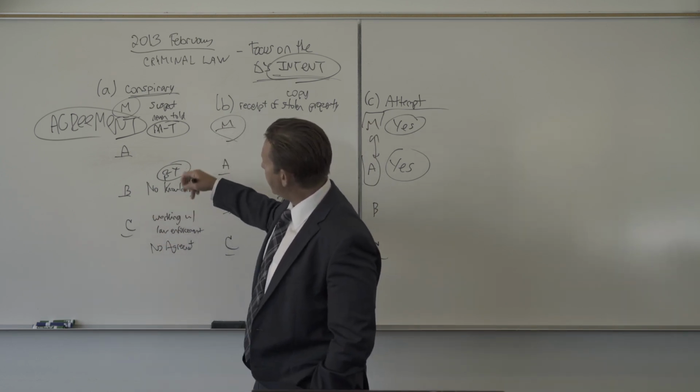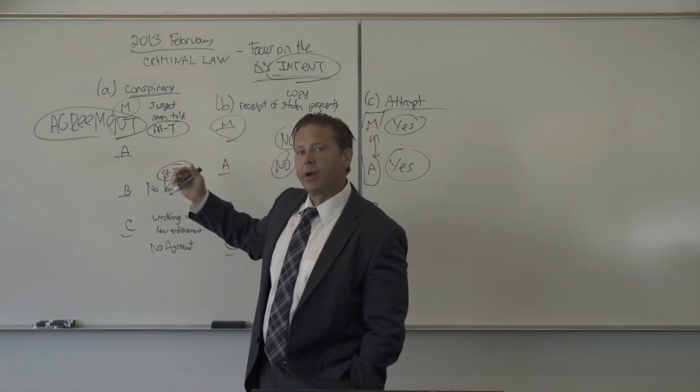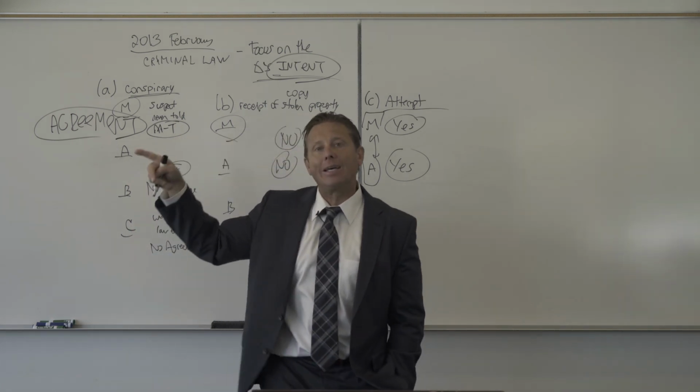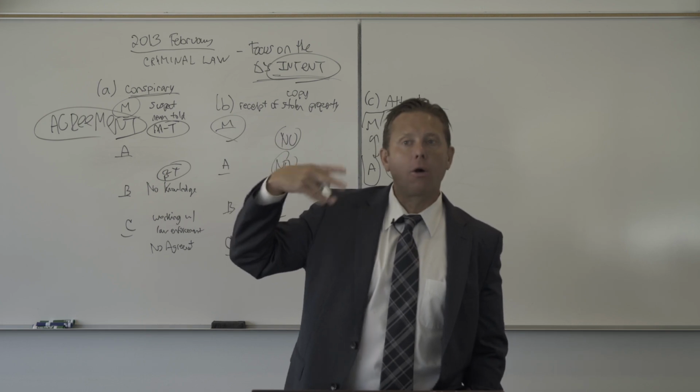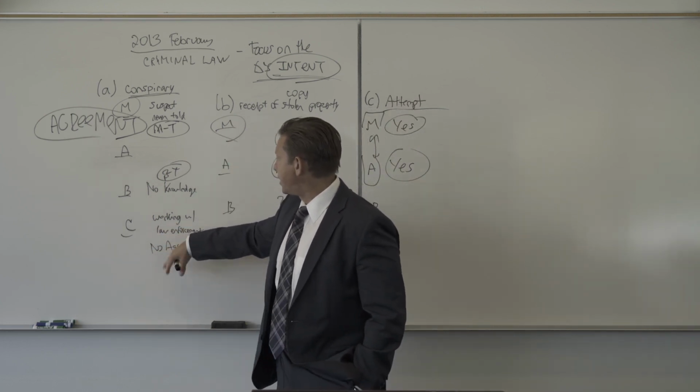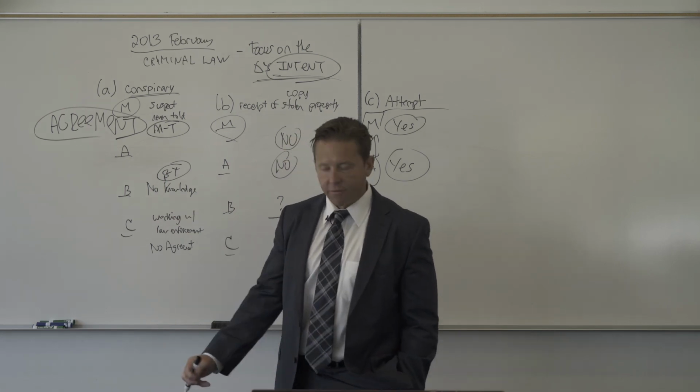There wouldn't be an agreement under the unilateral conspiracy. Assuming somebody had an agreement with C, that person would be guilty under the Model Penal Code or unilateral conspiracy. Again, C would not be found guilty at all because C has no intent. He's working with law enforcement.